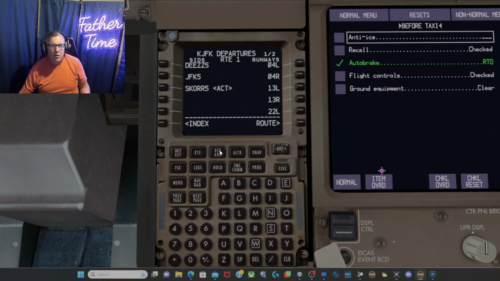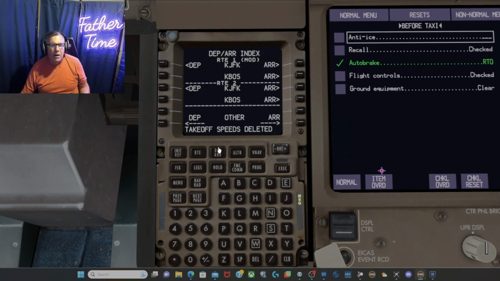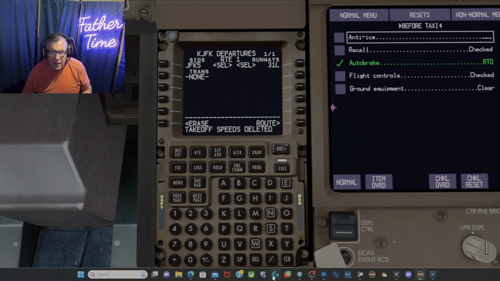Hate to be a little nudgy here. Let's go, how about the scores? No. So maybe it's 31 left. It's a Canarsie climb. Yeah, we don't have that in here. Do we, guys? JFK. Let's try Ds. Nope. Erase. JFK 5, 31 left. Canarsie climb. Let's look at the,